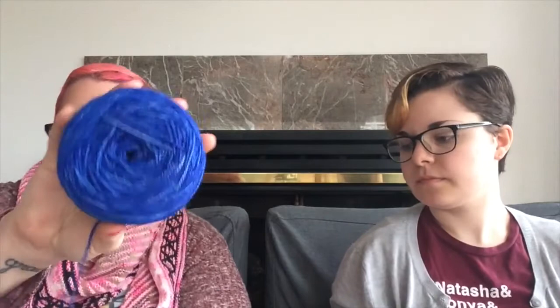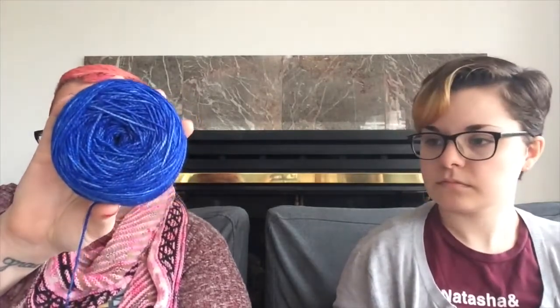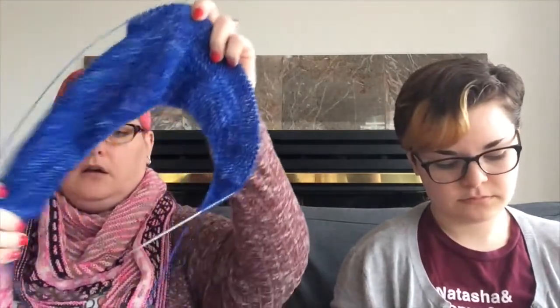So I'm using the Fuss Free Festival Shawl pattern by Louise Tilbrook. I'm on US 6, 4 mil needles, and the yarn is Ginger's Hand Dyed BFL Rock Sock in the Birdie on the Shoulder colorway. Is it just a garter stitch pattern? Yes, but this is what I'm about to talk to you about. I've cast it on, and I've been knitting, because it's a fairly simple garter stitch crescent shawl, because she designed it that way so that it would be something easy you could knit when you go to yarn festivals. However,